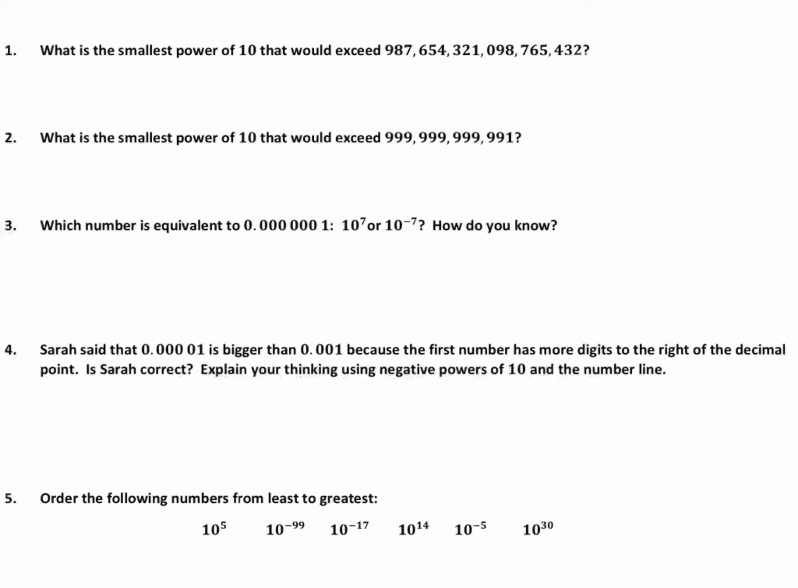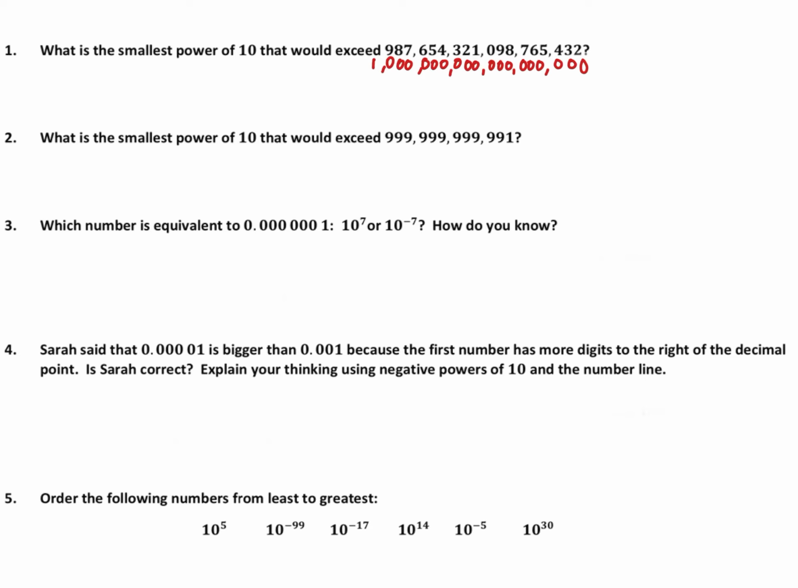What is the smallest power of 10 that would exceed this value? So powers of 10 have a 1 with a bunch of zeros behind them. So let's line that up. Okay, so that place value is the next place value, so it's the next closest power of 10. If we were to stick the 1 in this spot, 1 would be less than 9, so it wouldn't exceed